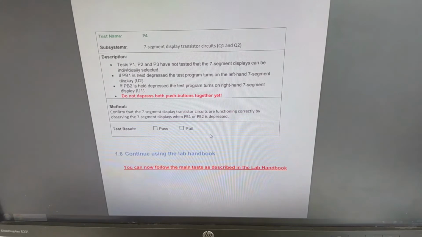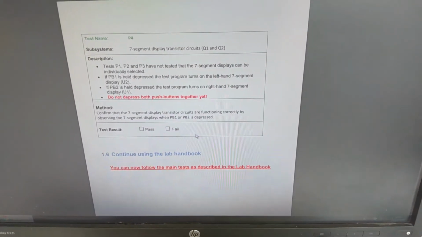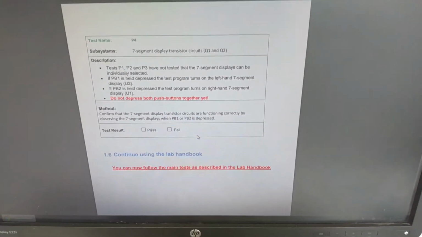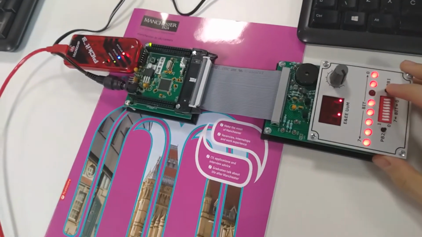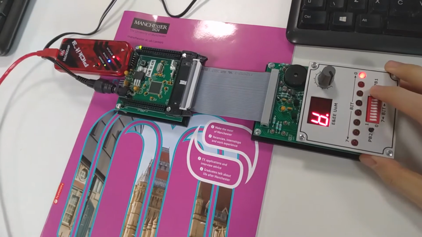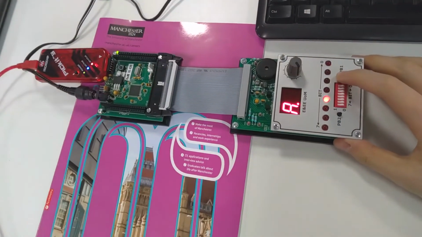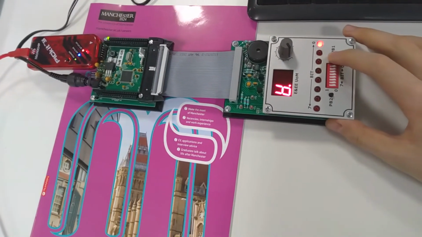P4 is an interesting mission. It asks you to test more functionalities on the push buttons. So let's first do the PB1 part by pressing and holding it. There we go. The logic's reversed,